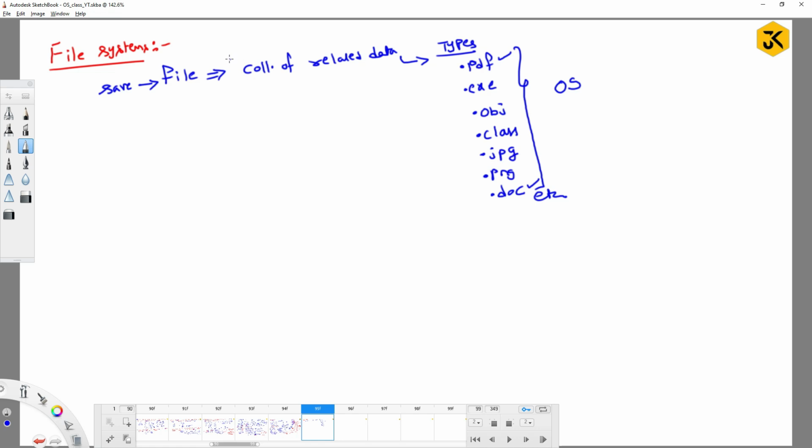So a file is nothing but a collection of related data, right? If you collect all the files together, I can call it a directory. If you open your system, you can observe one directory which contains a collection of files. Those files can be any kind of files: images, doc, video, audio, or PDF, whatever it might be, right? Fine. And this collection of directories, I can call it a file system,